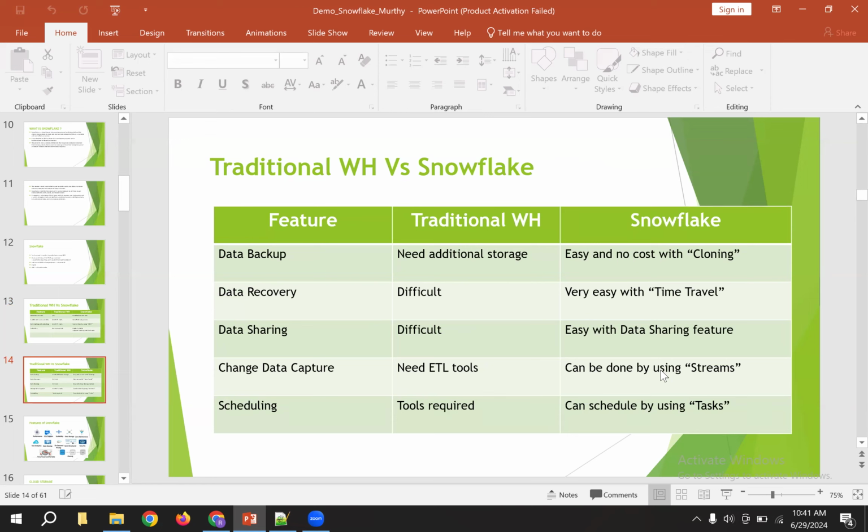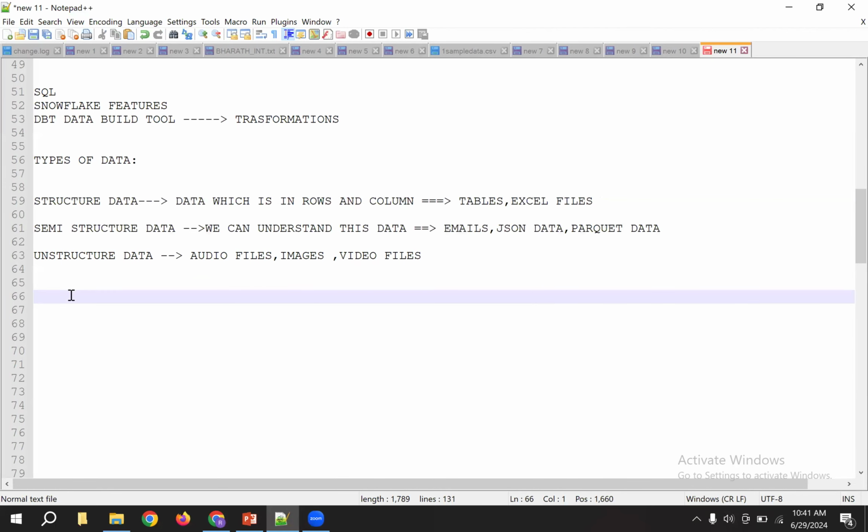Next one, guys: data backup. Think like this, I have 100 GB of data and I want to take a backup. Again, you require 100 GB, right? So, data backup in a traditional data warehouse.